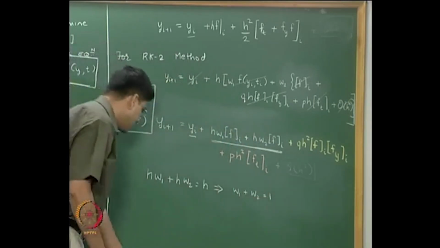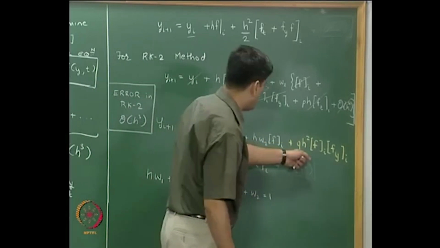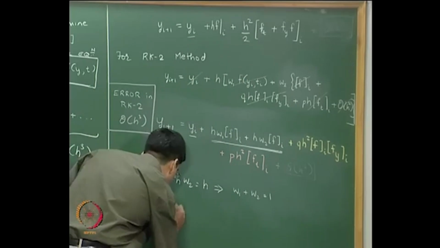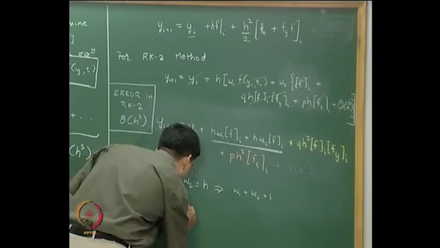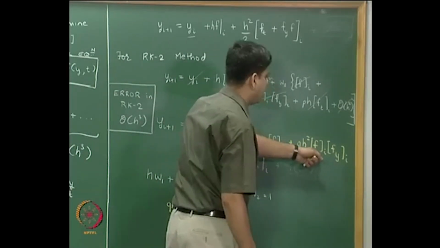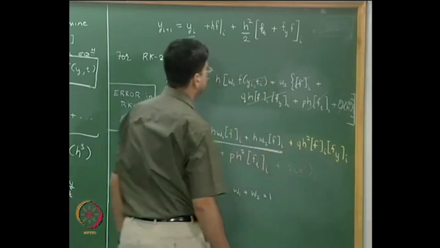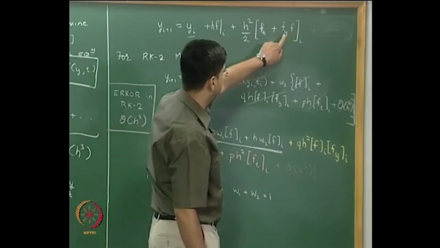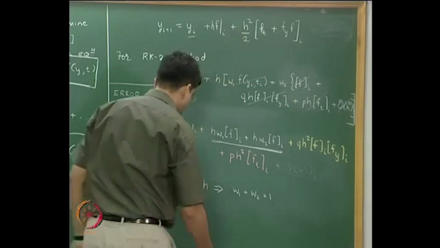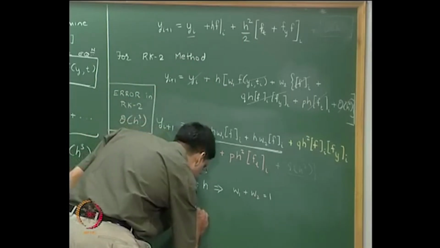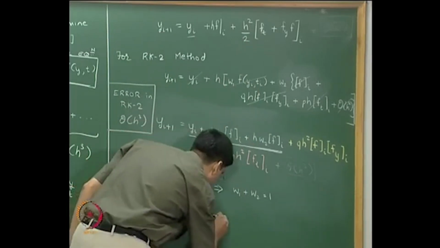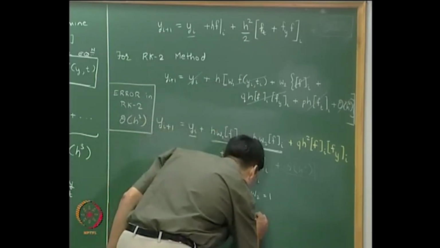Okay. Now let us look at the yellow colored term. The yellow term over here is q multiplied by h squared. The corresponding term in the Taylor series expansion should have f multiplied by fy, both computed at I. So we have f multiplied by fy computed at I. The coefficient for that term is h squared. So we will write q h squared equal to h squared divided by 2 factorial, and that would give us,